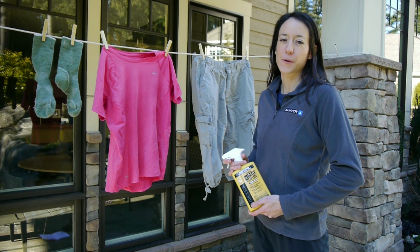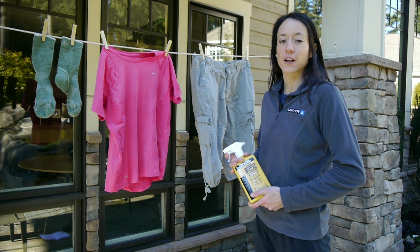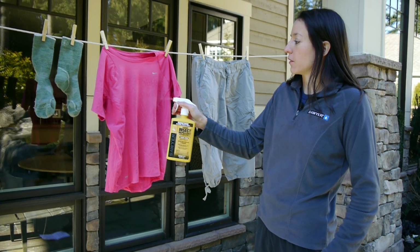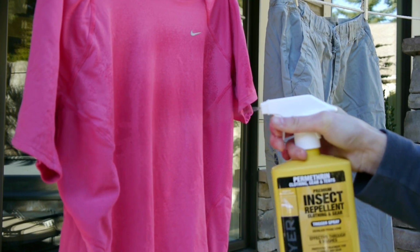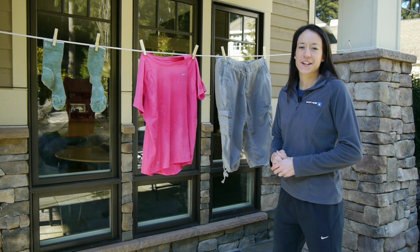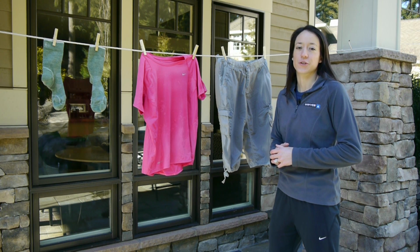Now I'm going to show you how to apply the permethrin. First, you're going to want to select an outdoor area or a garage that's shielded from the wind. Give the bottle a good shake, and then lightly moisten the fabric of the garment with a slow sweeping motion, keeping the bottle about 6 to 8 inches away. A good rule of thumb is to treat each side of the garment for about 30 seconds. Let the garments air dry for 2 hours, then you'll have protection for 42 days of UV exposure or 6